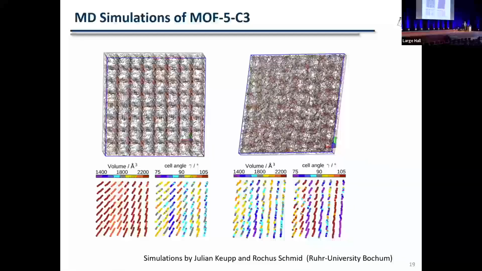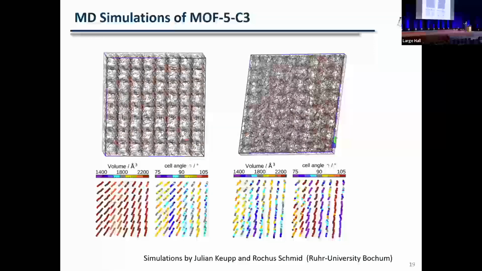So we did some MD calculations. Actually, Rochus Schmidt and Julian Kolb did it, because I have no idea how to do that. And they looked into a superstructure, so to model the amorphous or non-crystalline phase. Of course, you need ideally a massively large box. So what they could manage is an 8 by 8 by 8 simulation box, so 8 cavities of the